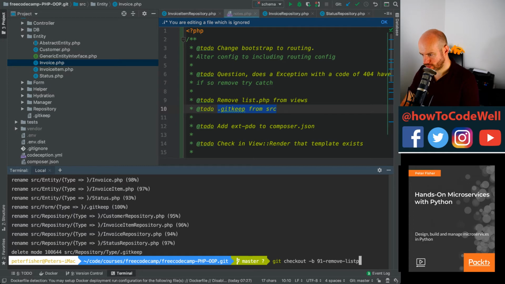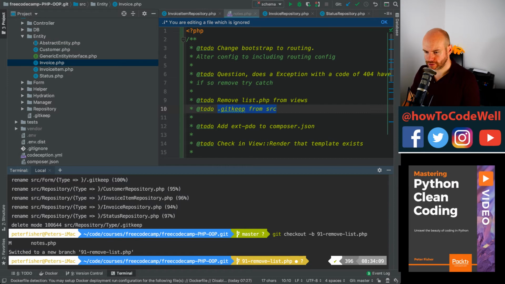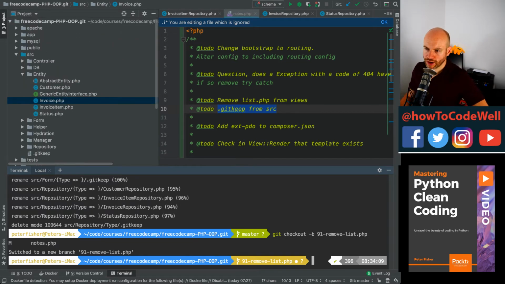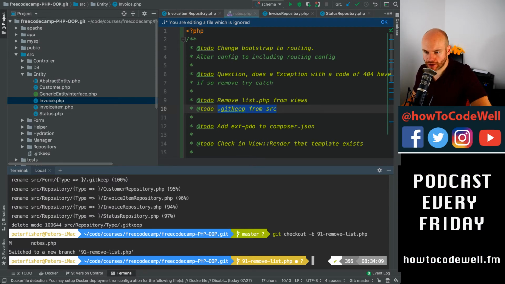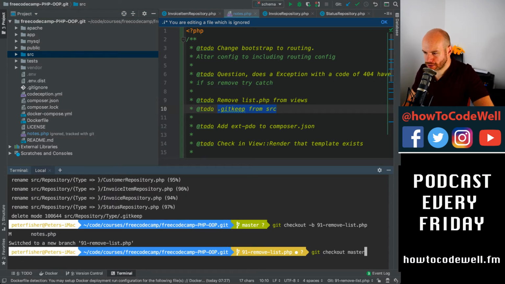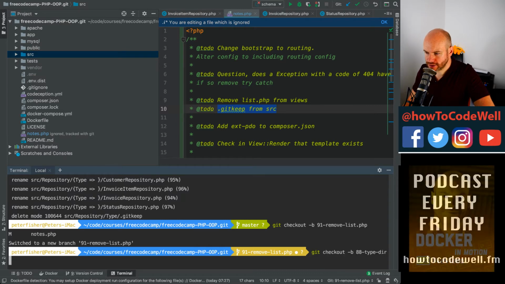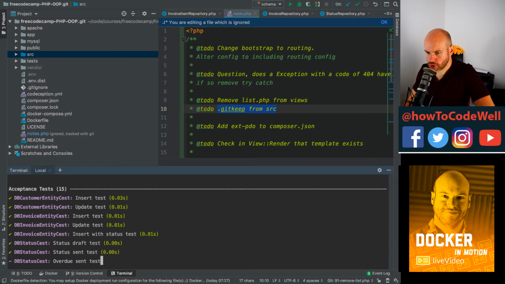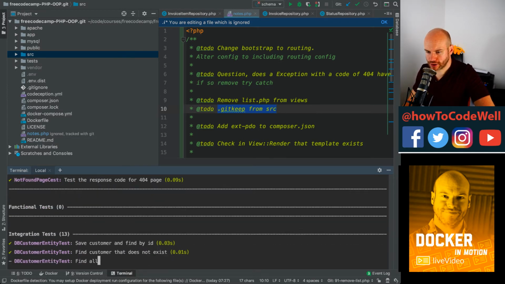remove list.php. Now you might be thinking, why on earth are you doing this? You know, what's the point in doing all of this stuff? Why can't you just do this in one thing? I don't know if list.php is needed anywhere else, so I might break it by removing it. So we're going to dive into the status. This is why I want to keep this all isolated. We'll run the tests just to reassure that everything is working before we actually tackle this,